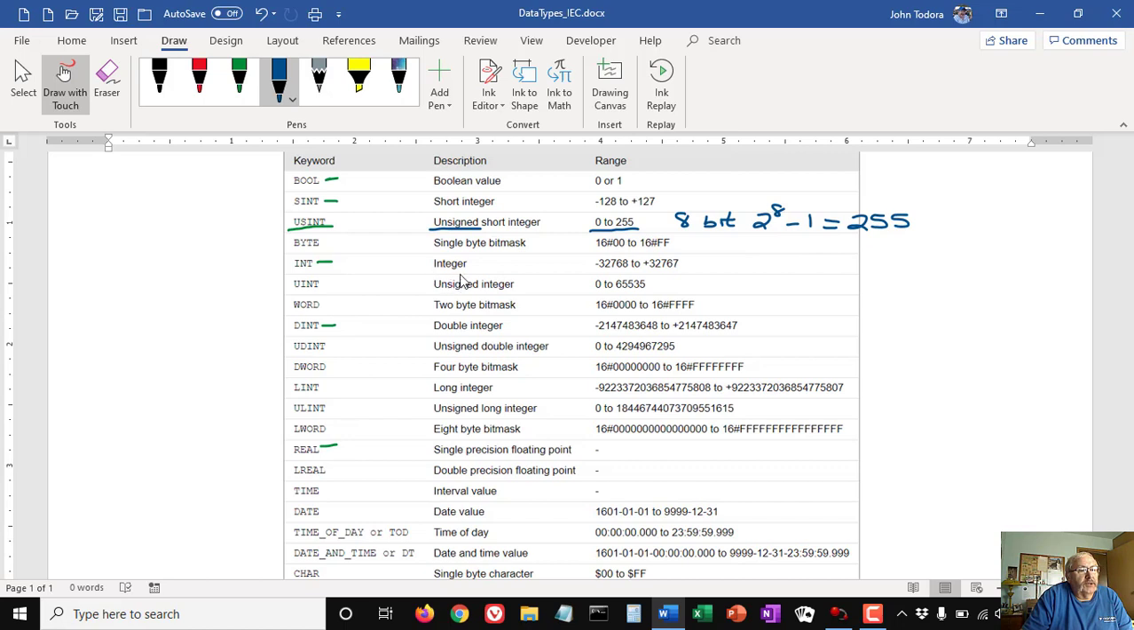You'll also notice that the next one down is called a byte, which is a single byte mask. It's a little confusing the way this is designated, and they show the range in hexadecimal. This range, however, is 8 bits. It's very similar to the unsigned integer type. Now, the difference is the fact that the